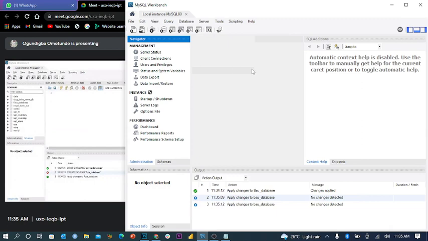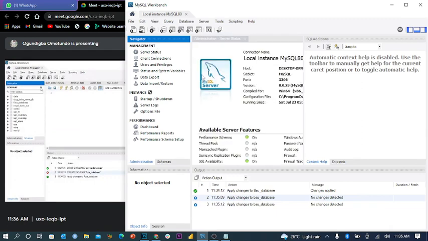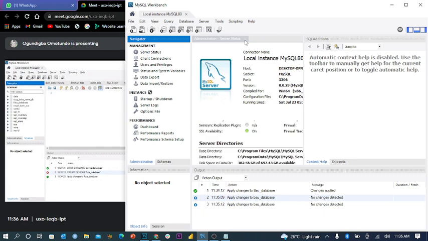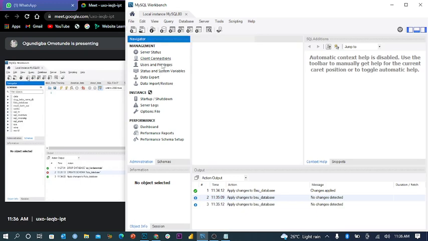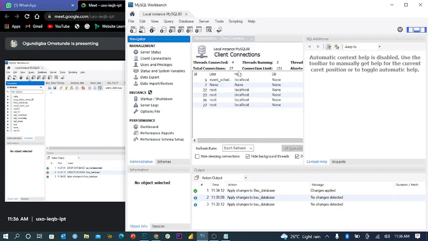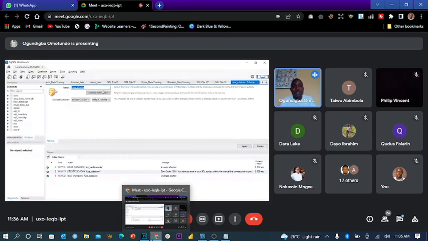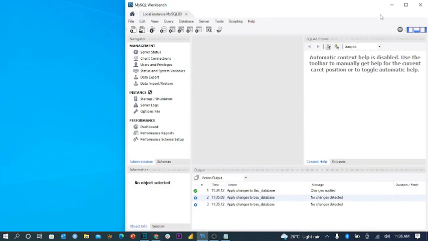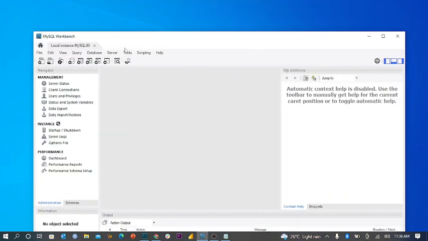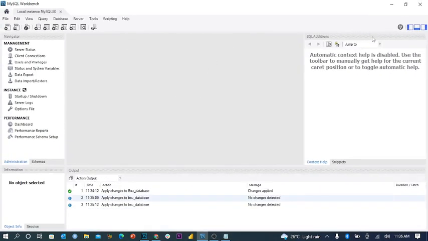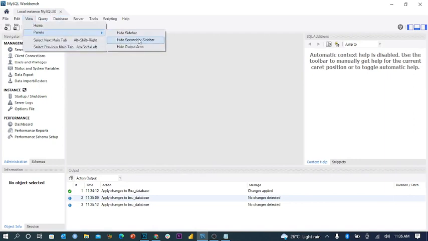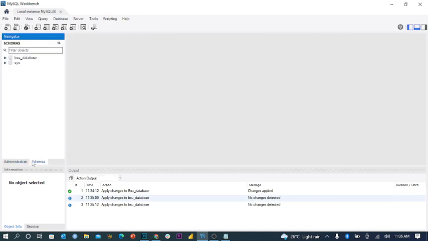Okay. How do we create a schema? This is it. You come here, you click the fourth icon. The first one, this is one, two, three, four. The fourth one, create a new schema in the connected server. When you click it, it asks you for the name. You clear the one that is there. You put in a name you want to use. I said because I attended the Federal University of Technology Akure, I used the name of my school because I'm assuming the vice chancellor came to me and he wants me to get a database for the students and the lecturers in the university. So I use the name of my school, footer underscore database.